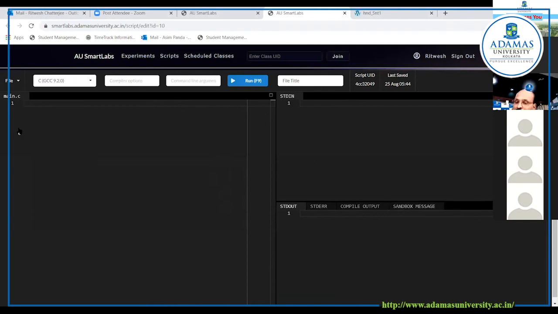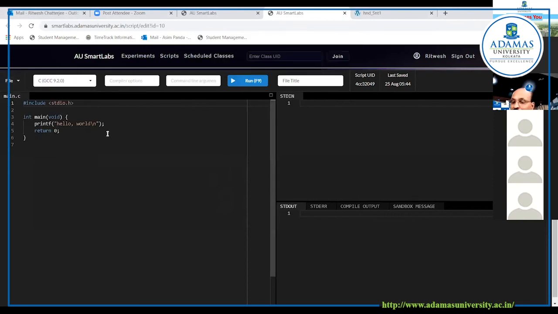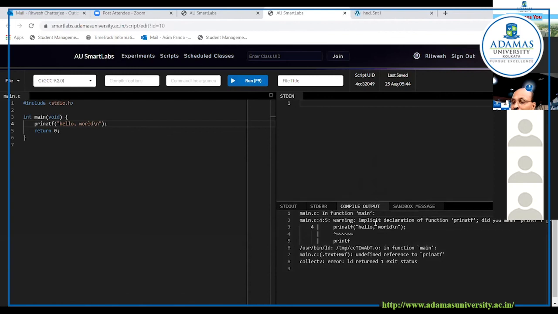I'll just quickly have a simple code that I'm going to run over here. So this is a very easy hello world code written in C. So if you see, if I run it, it says hello world over there. I'm going to make a compilation error. So there is nothing called green native. So it's supposed to show me an error. If I run the program now, and if you see in the compile output section, I can see that there has been an error. Similarly, I can use some command line arguments.